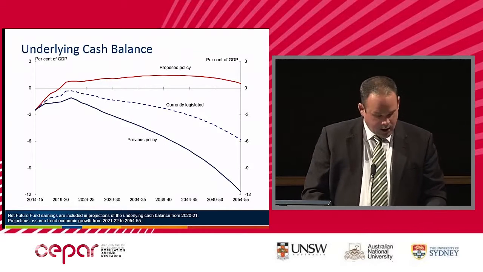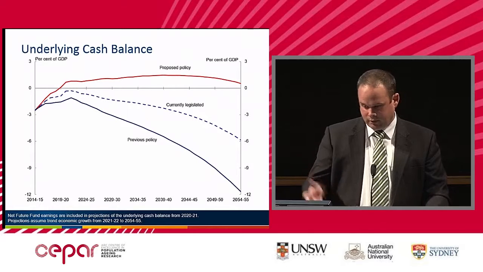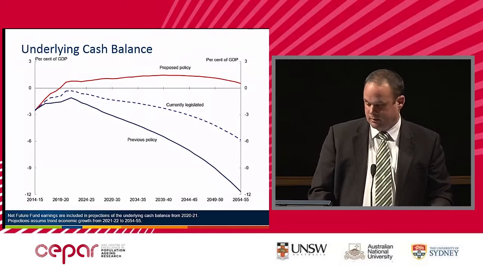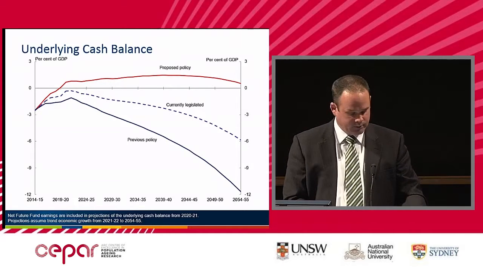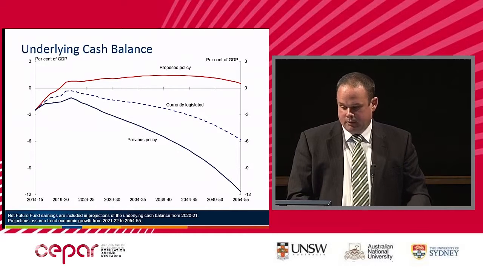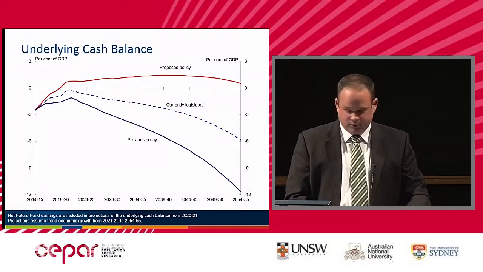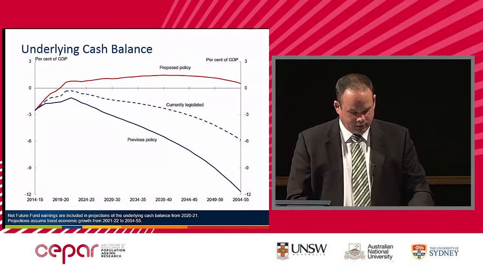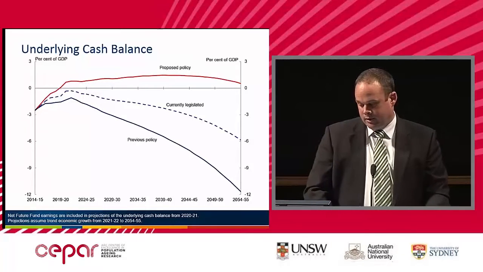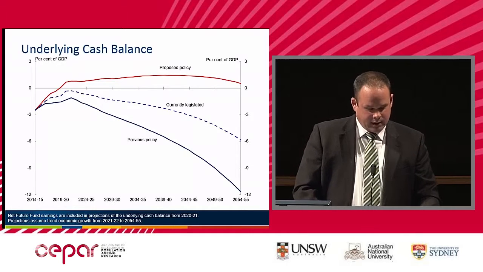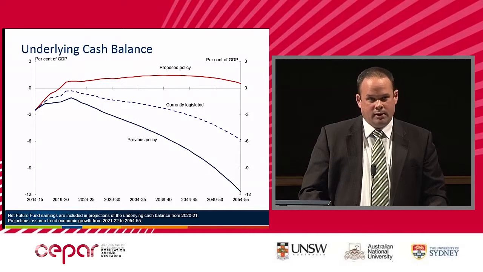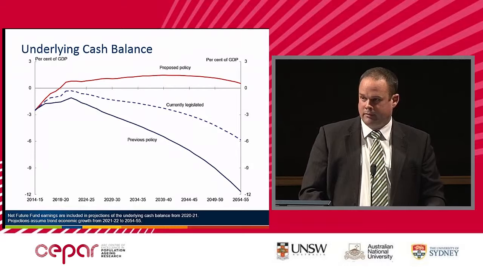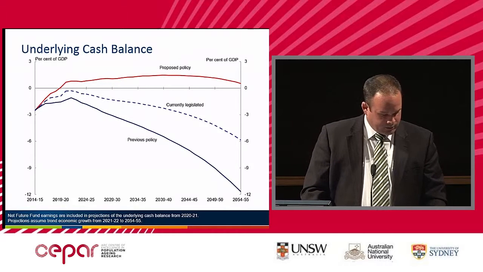The currently legislated line, which you can think of as closer to the current state of play, sees no surplus at any point over the next 40 years and a deficit at the end of the projection period of around 6%. The IGR makes its own conclusions around the sustainability of these different scenarios, and the policy chapter in the IGR suggests that this indicates more needs to be done to achieve fiscal sustainability, and whether it's the measures contained in last year's budget or other alternatives of a similar value, the government would be pursuing those.